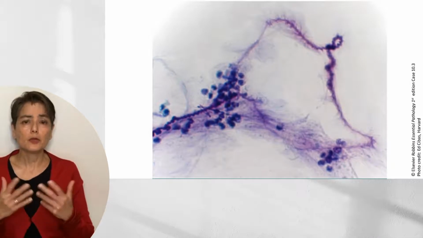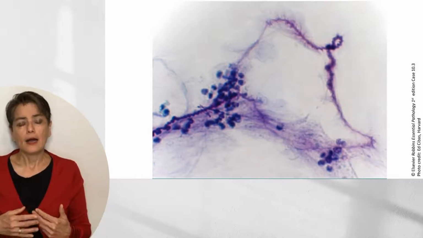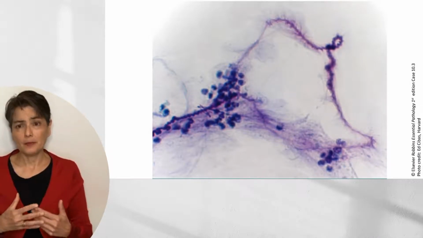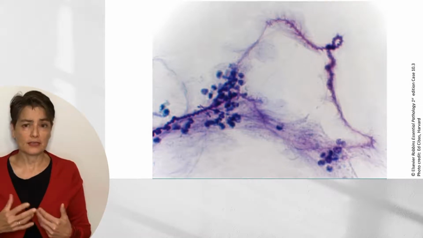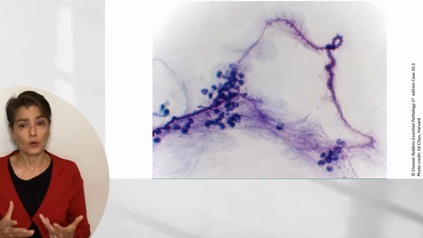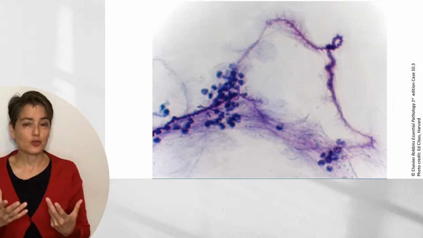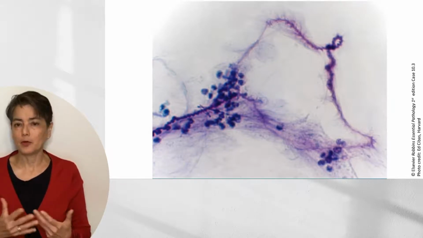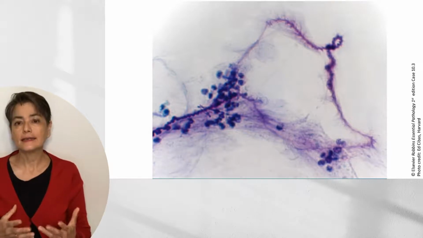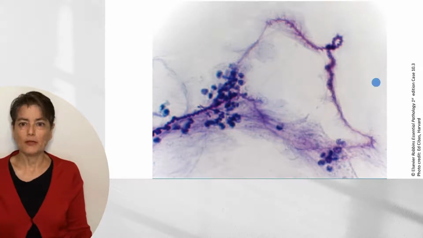So let's begin with a beautiful image of a Kirschmann spiral. This is not pathognomonic for asthma, so this can be seen in other conditions as well as other organs like the bladder, rarely. But I show this to you because this is something that you may well see on a step exam or a shelf exam because it is associated with asthma. So just be aware that here is the actual Kirschmann spiral, and we see some mixed inflammation associated with it